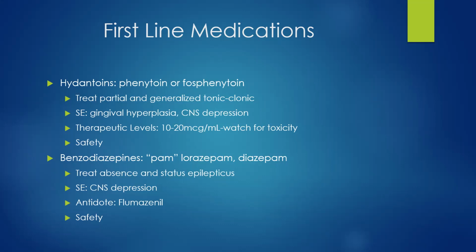The other thing about phenytoin is it has a narrow therapeutic index, which means they are high risk for toxicity. There is a thin line between toxic and therapeutic. Our therapeutic levels are 10 to 20. If your patient has a level of 23, that is toxicity all day long. So we have to make sure that we monitor them and adjust doses, but we don't dose adjust as a nurse. That is something you would have to contact the physician about.